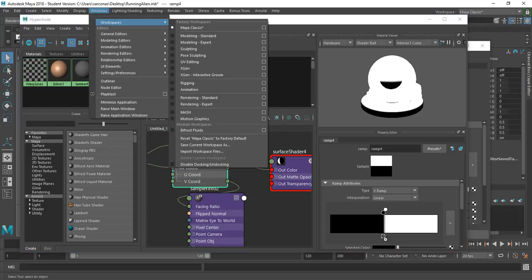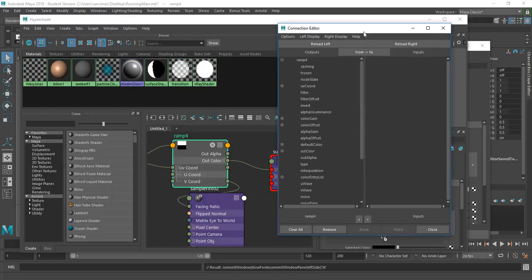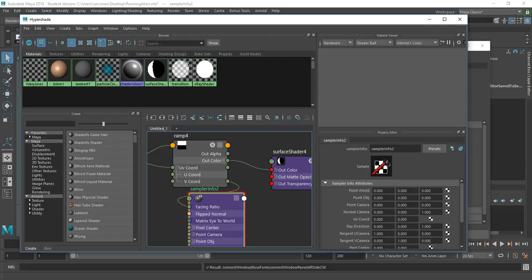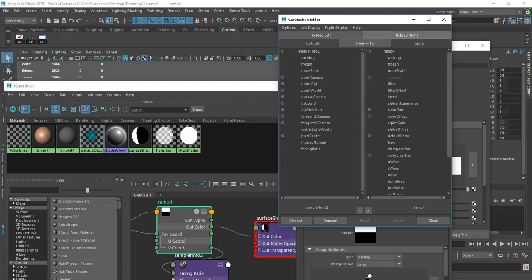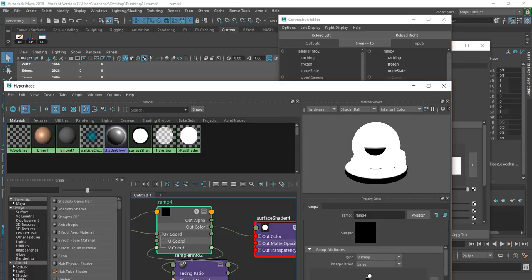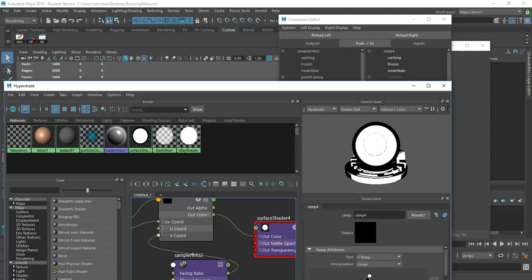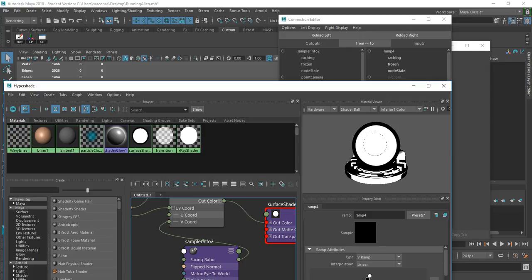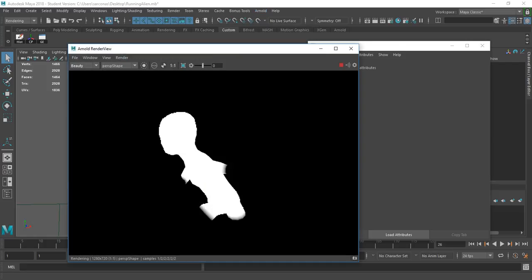All right, now just to double check, I'm going to go to my general editors, connection editor. I'm going to load on the left side the sampler info. On the right side, I will load my ramp. So facing ratio should get connected to V coordinate. All right, so it wasn't connecting it correctly here. There we go. So I'll just detach that. I don't know why I didn't connect it correctly. It should have. Yep, so it's going out here and then in there. There we go. And so now when I render this,